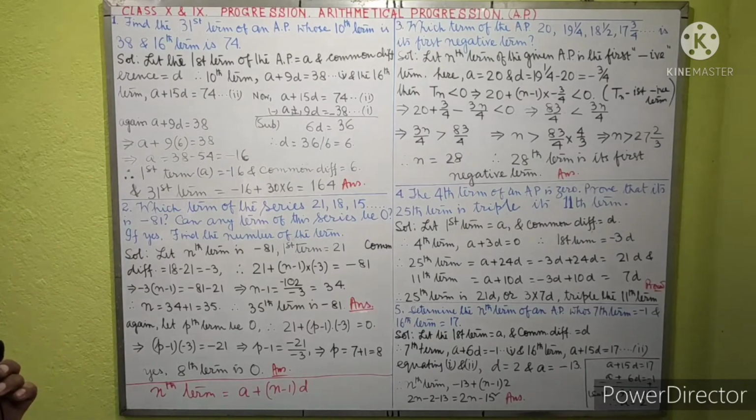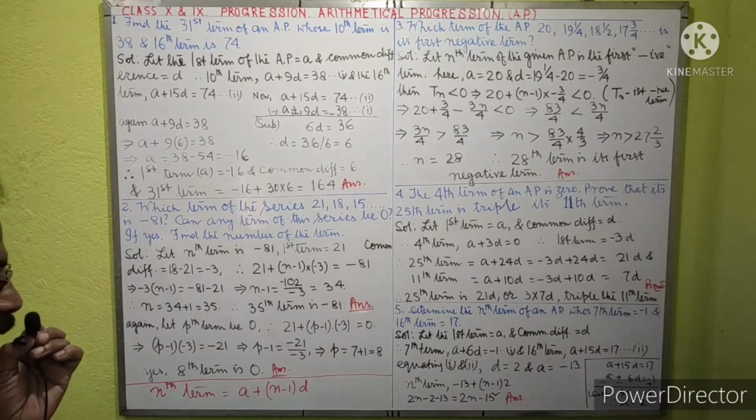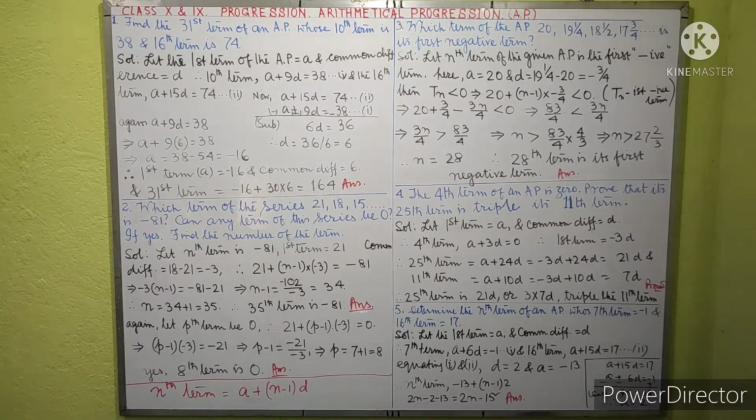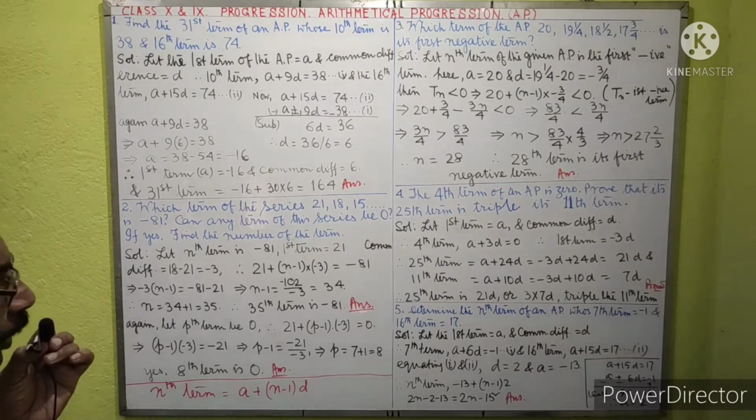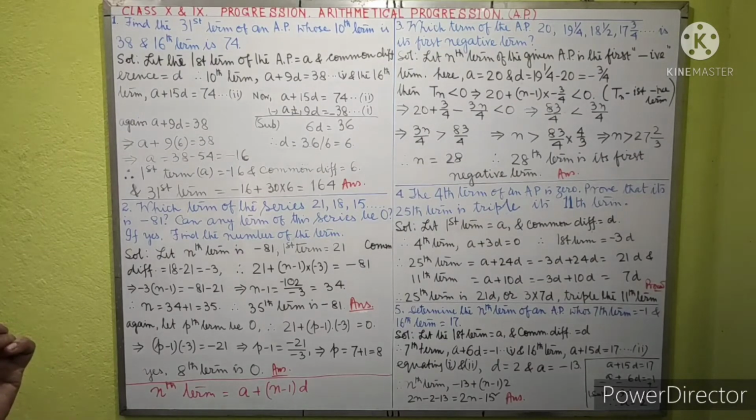Dear students, it is not possible to solve the total book. So the very typical types of sums are done here. If you follow these sums, you can solve other sums which are nearly equal to the sums that have been solved here. So don't be afraid, and if you have any problem understanding any sum, you can send it in my comment box and I will solve it for you.